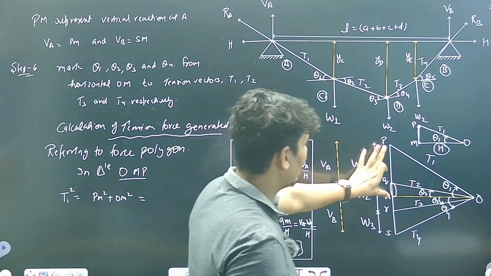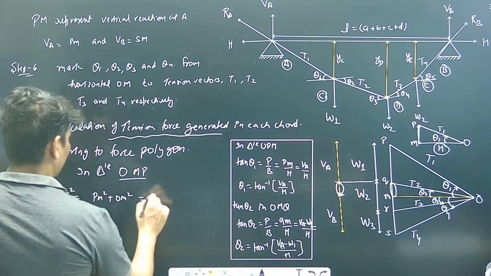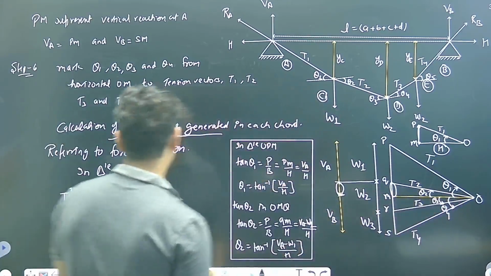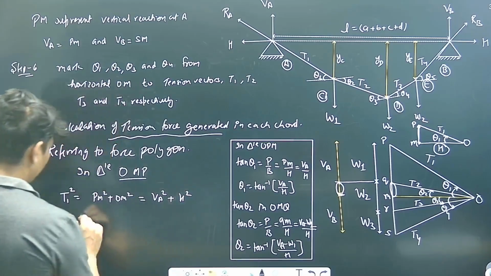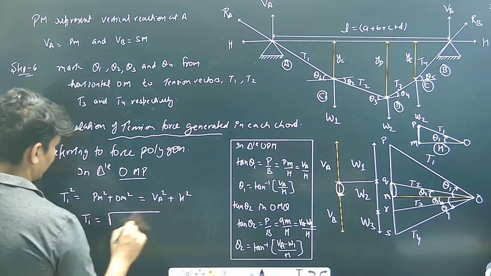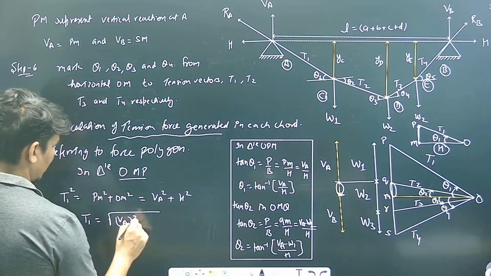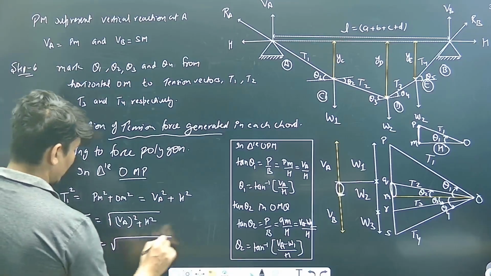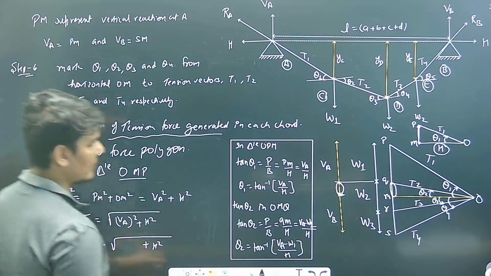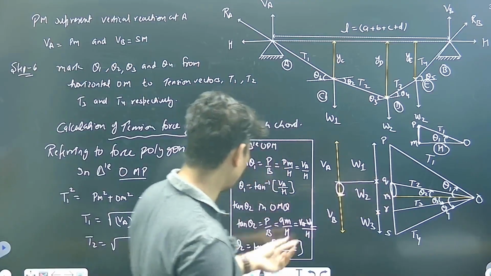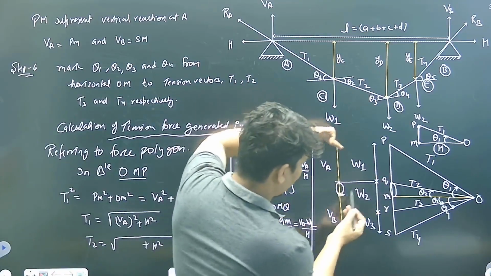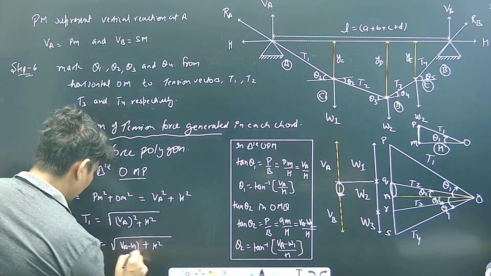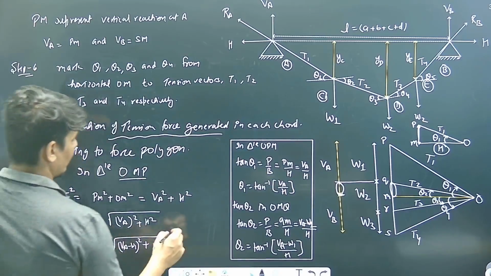TM तो आपका जस्ट वर्टिकल रिएक्शन है, तो ये हो गया Va का स्क्वायर प्लस OM क्या है? OM आपका हॉरिजॉन्टल थ्रस्ट है, तो ये हो गया H स्क्वायर। यानी T1 कैसे निकलेगा? Va का होल स्क्वायर प्लस H स्क्वायर का रूट, दैट्स इट। सिमिलरली T2 रूट ओवर, बेस नहीं बदलेगा, परपेंडिकुलर चेंज हो जाएगा। परपेंडिकुलर क्या हो जाएगा? QM। QM की वैल्यू कितनी थी? टोटल VA में से W1 माइनस कर लो, VA माइनस W1 का स्क्वायर, लाइक दिस। ठीक है।